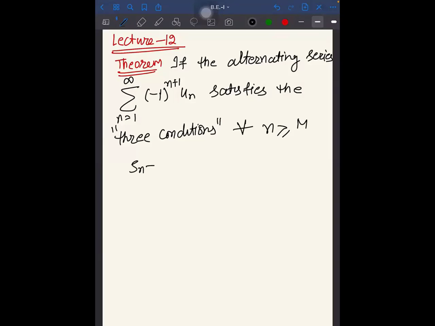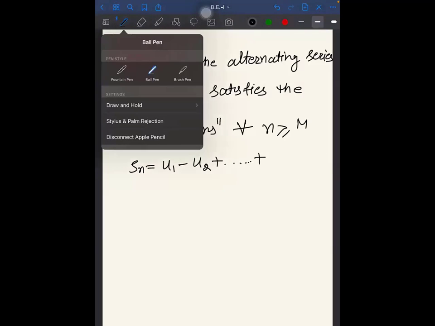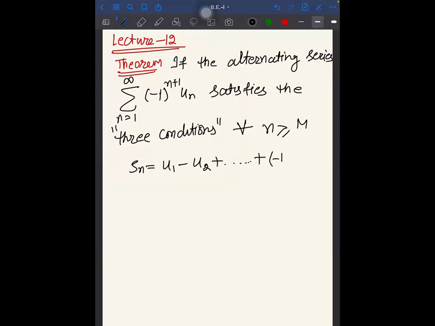And we know that how we write it Sn, that means sequence of partial sums. So that is the nth term of sequence of partial sums, or in other words, sum of n terms, right? That's the simplest thing we can say. Let me write it properly over here. So minus 1 raised to power n plus 1 un. Okay, so this Sn approximates the sum S of the series